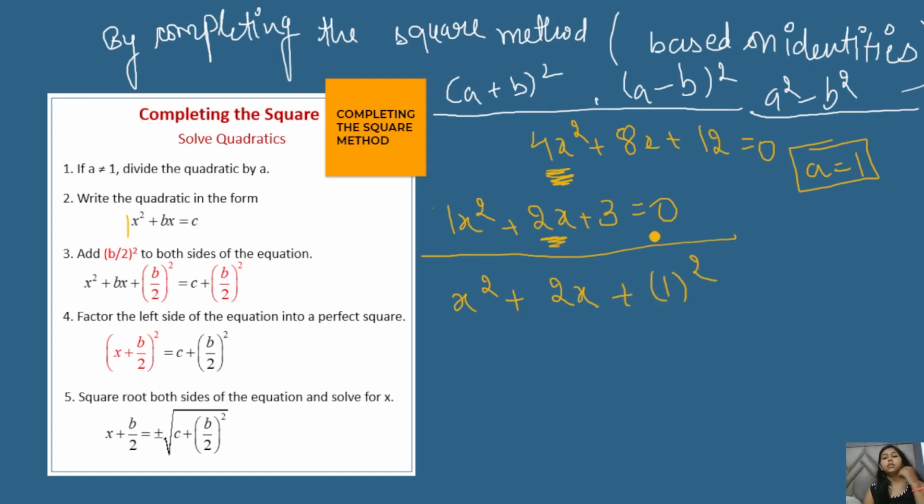By completing the square, what do we mean? You have to form the square of an identity and then solve the question. According to the equation, this is just an example given by me, not the true example. I don't know whether it will be solved or not, but this is just an example for you: you have to divide to make the coefficient of x square equal to 1. Then you have to make an identity.